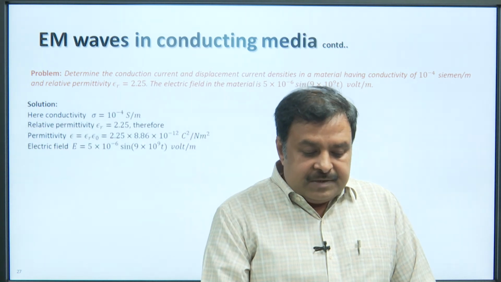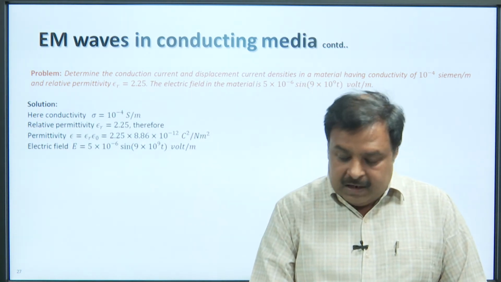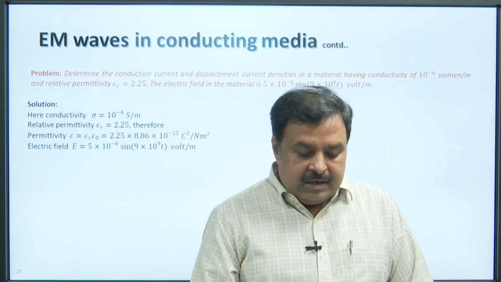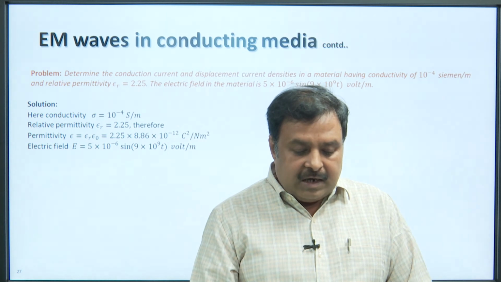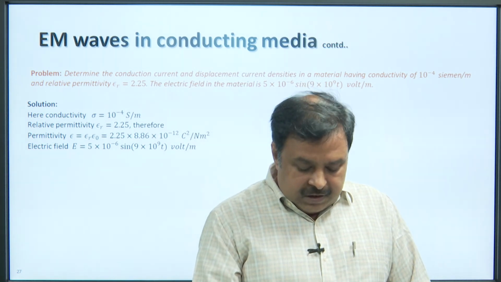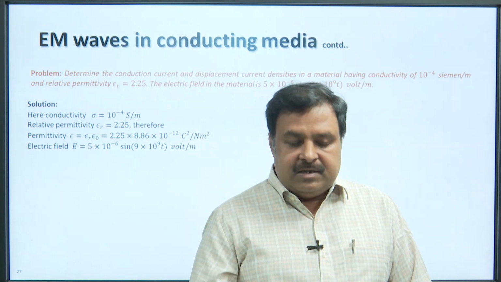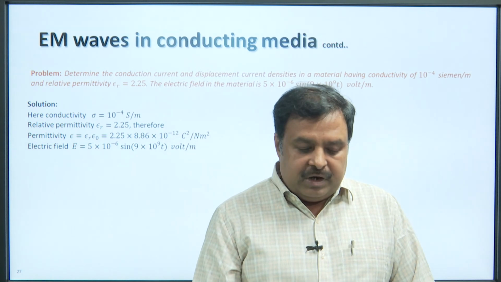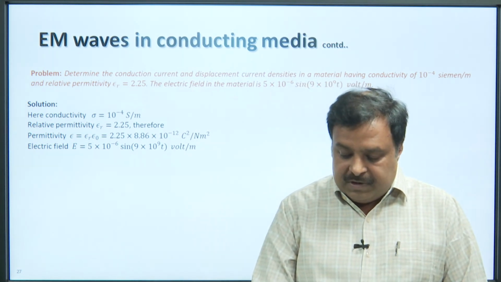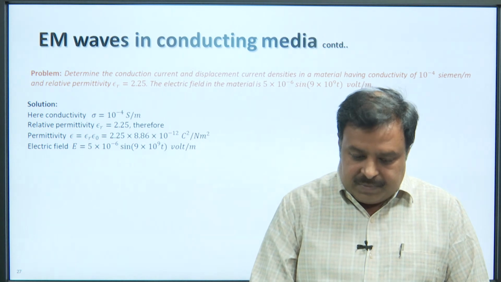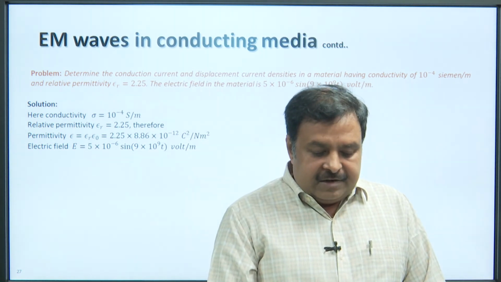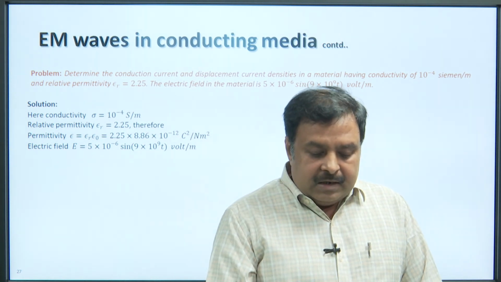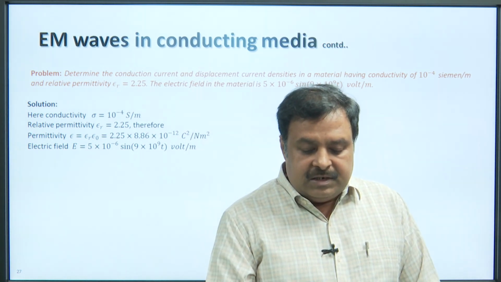In this problem, we have conductivity sigma equal to 10 to the power minus 4 Siemens per meter, relative permittivity epsilon r equal to 2.25. Therefore, permittivity is epsilon r epsilon 0. So, it is 2.25 multiplied by 8.86 into 10 to the power minus 12 Coulomb square by Newton per meter square, and electric field E is 5 into 10 to the power minus 6 sin 9 into 10 to the power 9 T volt per meter,